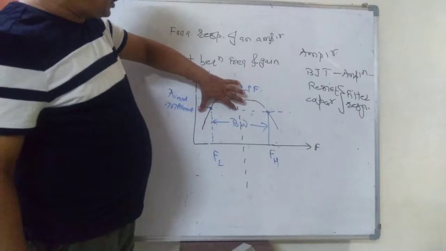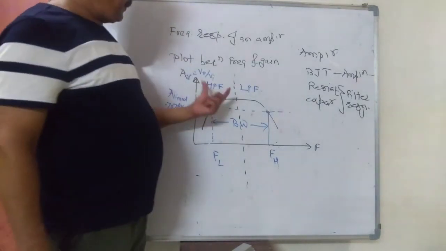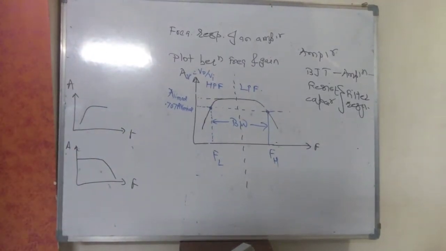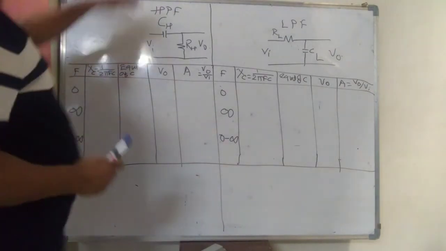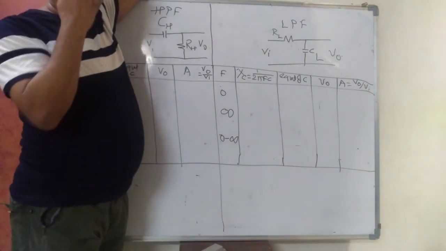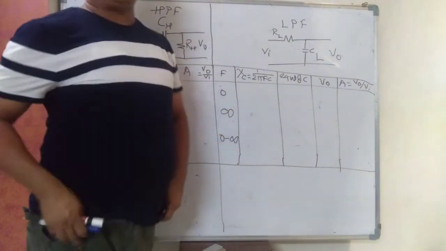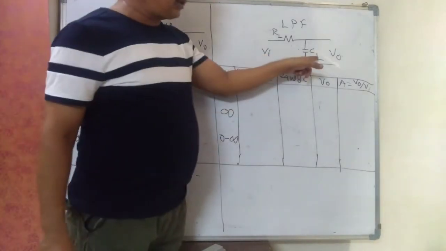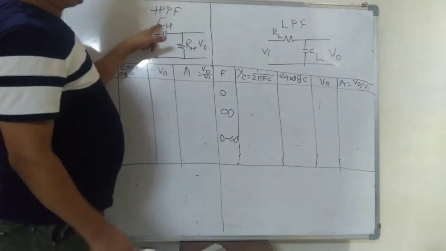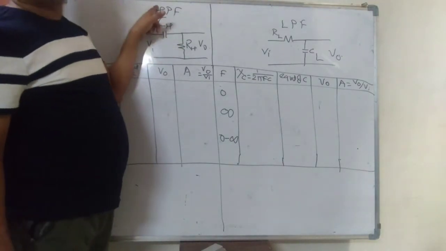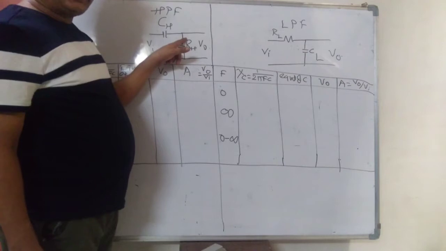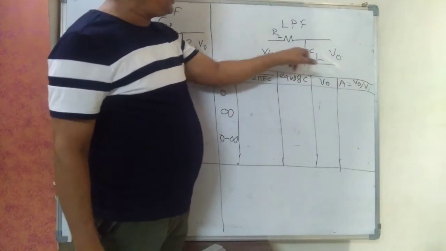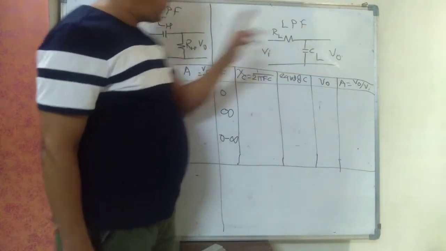Now we have to study how we get the high pass filter response and the low pass filter response. As I have told you, resistor capacitor combination is known as filter combination. In an amplifier, a number of resistor capacitors are connected. When output is across resistor, it is known as high pass filter. And when output is across capacitor, it is known as low pass filter. CH, C for capacitor, H for high pass filter component; RH, resistor for high pass filter. RL, low pass filter resistor, CL, low pass filter capacitor. Input is applied here, output is taken.